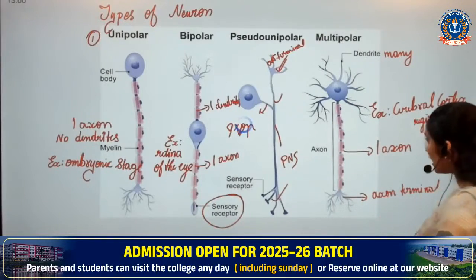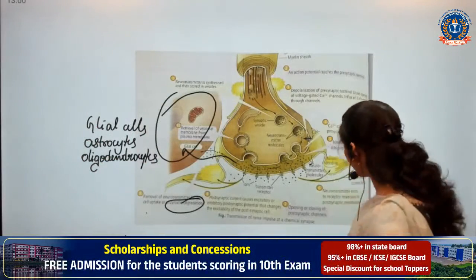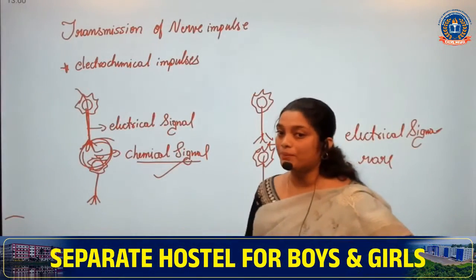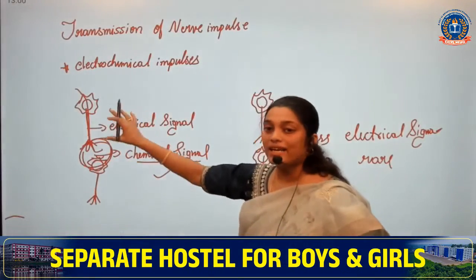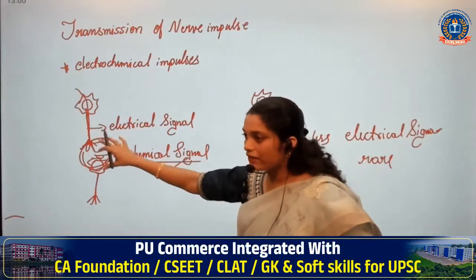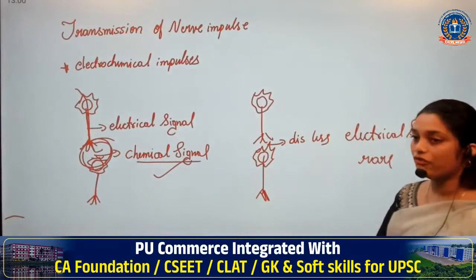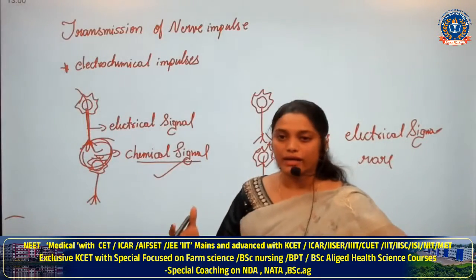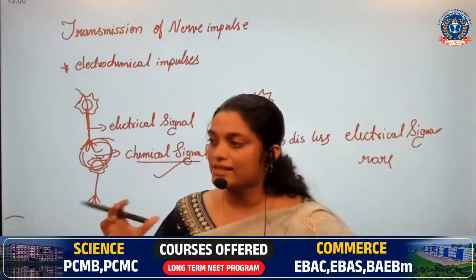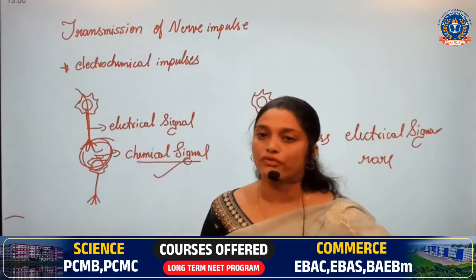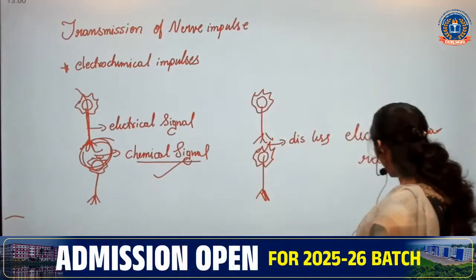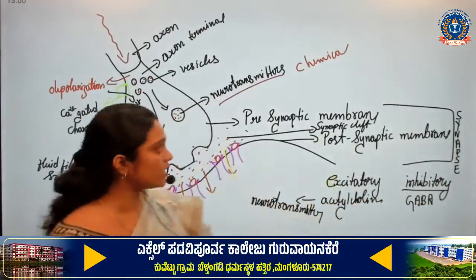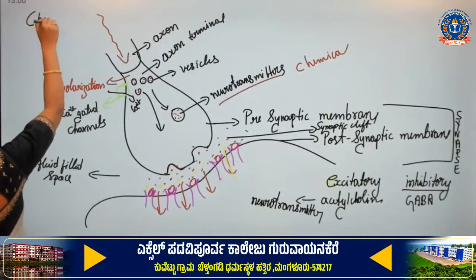And followed by that, in today's class, we also studied how the transmission of nerve impulses takes place. It's an electrochemical impulse. It transmits by electrical and chemical signals when the distance is far. When the distance is nearby, it passes in the form of electrical impulses, and these electrical impulses are very rare in our body, whereas the combination of chemical and electrical signals is what happens most of the time. Then we studied how chemical signals get transferred